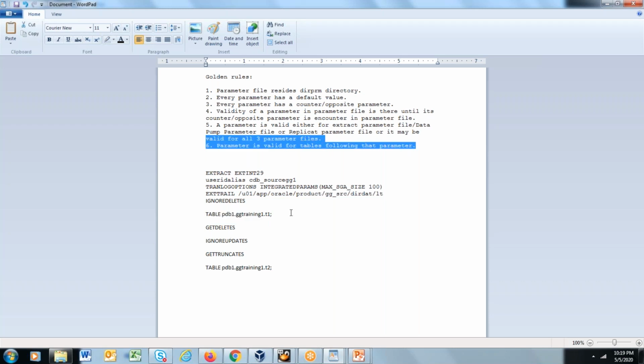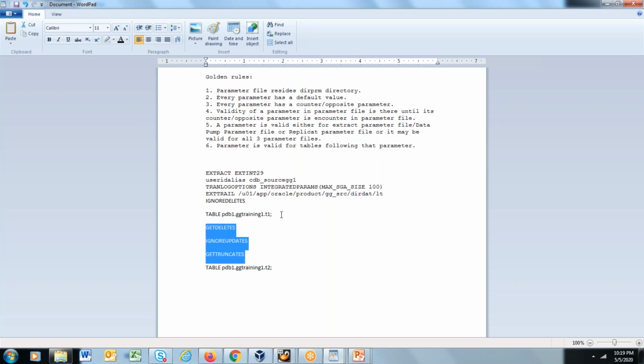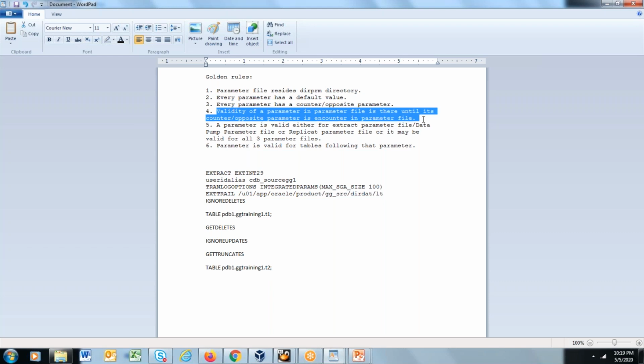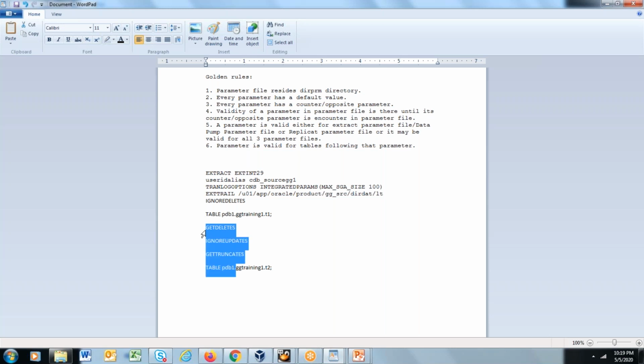The table T1 has been provided above these three, so these three parameters cannot be valid for that table, only for this one. But this parameter can be valid for both, depending on whether the counter parameter is encountered. So ignore deletes validity is until this point. From here get deletes takes precedence.